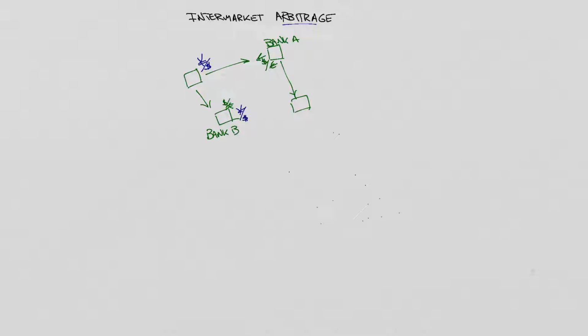And this works in the currency market because prices are fragmented. Exchanges are one place where you can trade currency, but much of the currency trading actually takes place among individual banks over the counter. So let's take a look at how this might work in practice with some numbers.